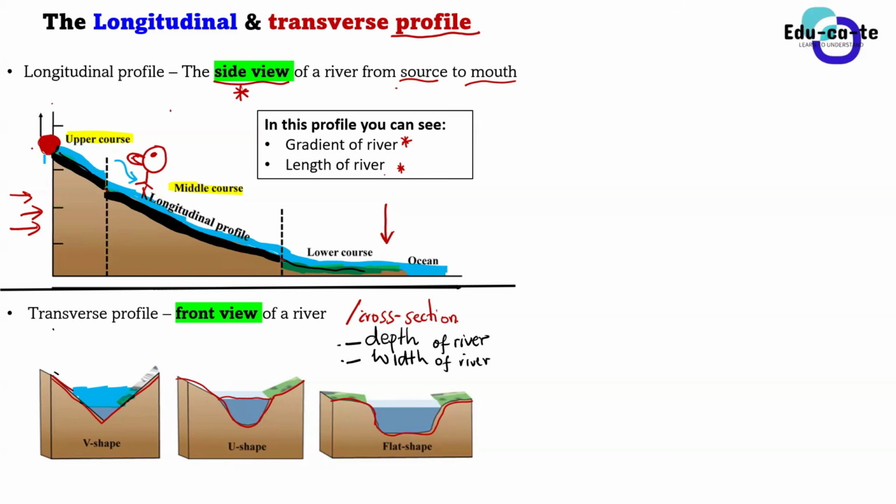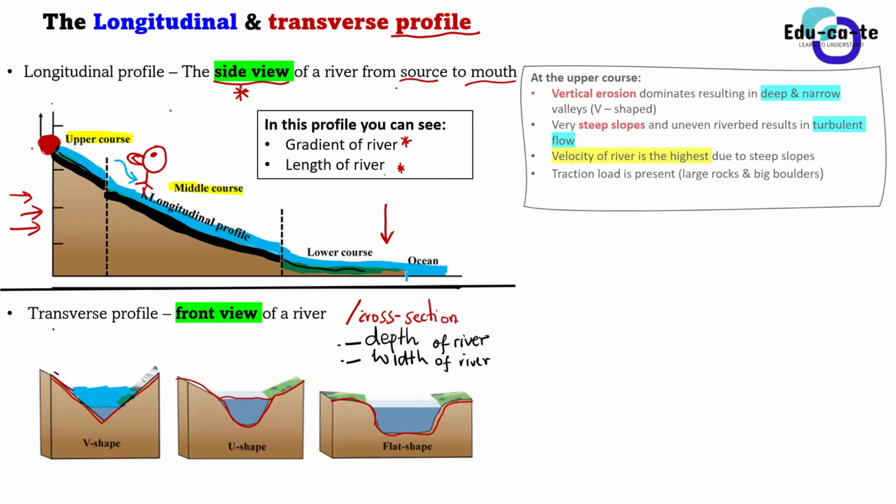So now we want to understand what flow characteristics the river has when it is in the upper region, the upper course. When the river flows at a lower region, at this middle course, what flow characteristics will it have? And lastly, when a river is flowing towards the ocean, about to enter the sea, how does it flow? What characteristics does it have? How much does it erode? How much does it deposit? All right. So we're going to look at the characteristics of the upper course.